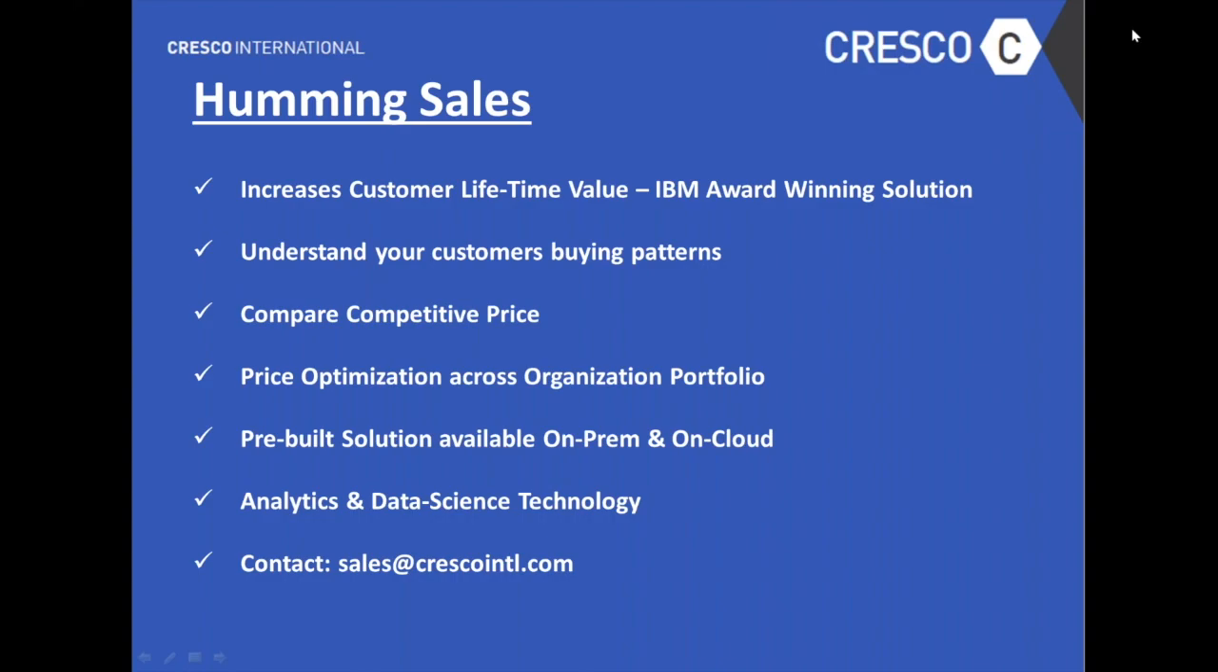It's our own IP. So what it does is it increases customer lifetime value, as in your time to market reduces because a lot of the work has already been done. It helps you understand your customers' buying patterns, and it's very competitively priced. It uses the IBM technology, but it saves you a lot of money too. Now, there is price optimization across organization portfolios, and